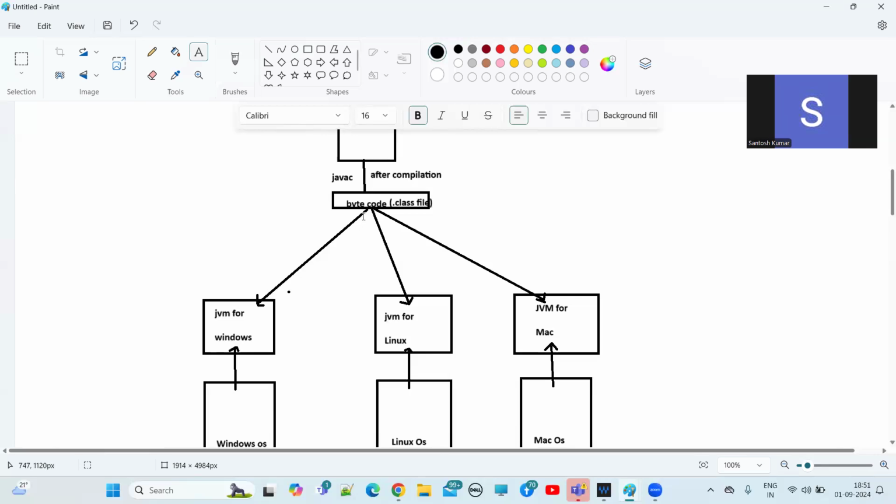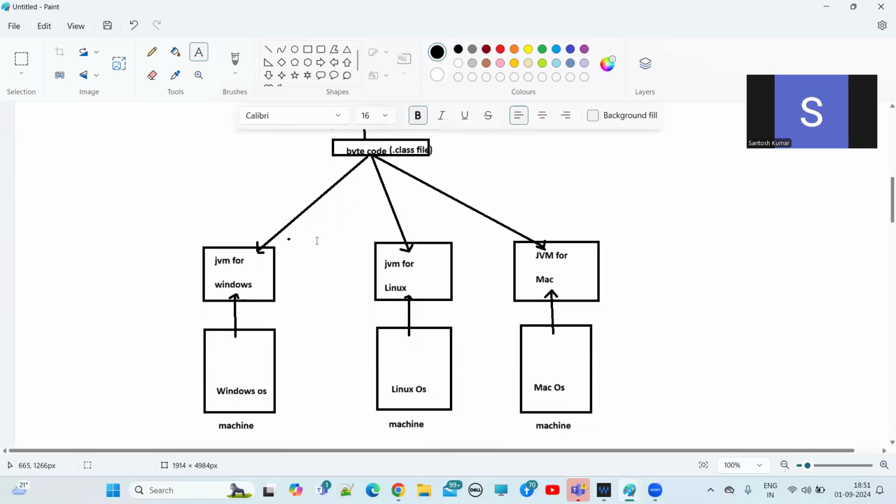Now I have taken this bytecode and I'm trying to execute it on another Windows operating system based machine. I can happily execute this bytecode, which I got from the first Windows based machine, on another Windows based machine. Why? Because on the Windows based machine I have JVM for Windows. JVM has been installed. Now this JVM will take this bytecode and convert it into